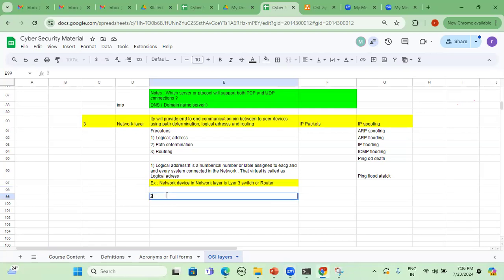Second one, path determination. What is path determination? Basically, it is choosing the smallest route or best route. Say I want to travel from Hyderabad to Bangalore, or Hyderabad to Chennai. In that scenario, I always want to choose the smallest route.